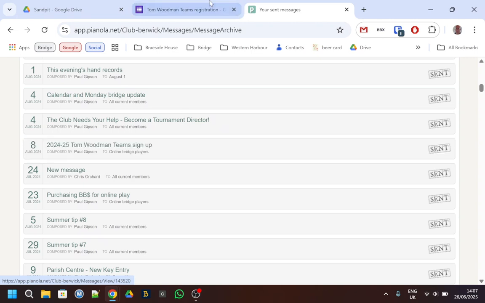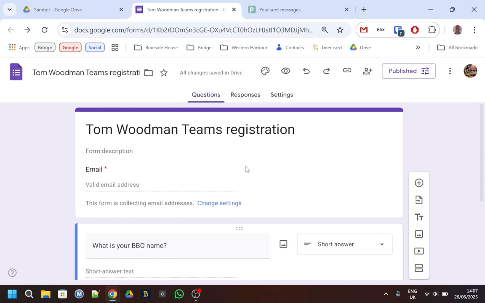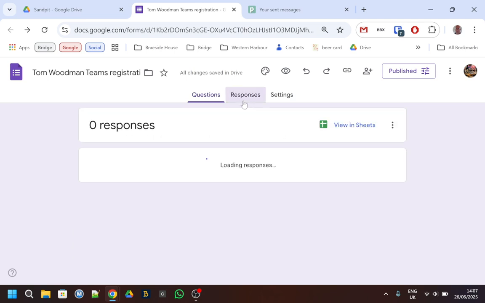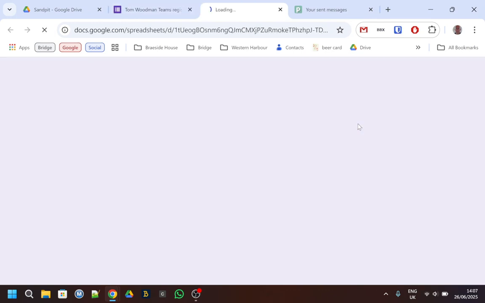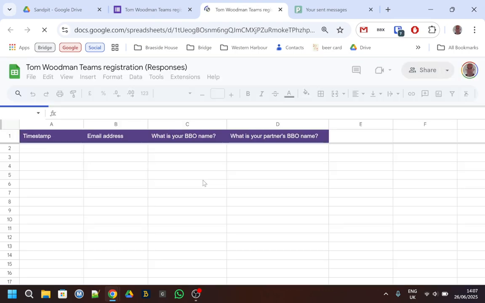with the new link. Our members will get the link, they'll send responses in, I'll get emailed when those responses come in, and I'll be able to see how many people we have got registered, and then we'll be able to sort them out. Now, what I actually do in my real Sheets folder, so in this folder, is I